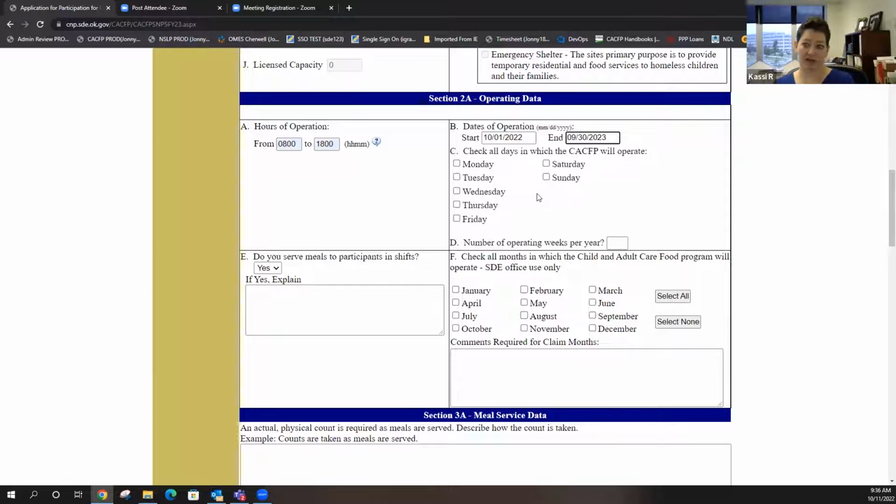It's only good starting October, and then it's going to carry on into next September. Does that make sense? Just make sure that you're putting the correct dates in here. I don't think we have any brand new people on. I think you guys are all renewals, but just in case, because we're a pretty big group.